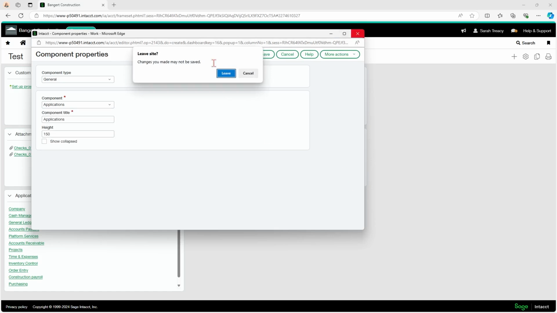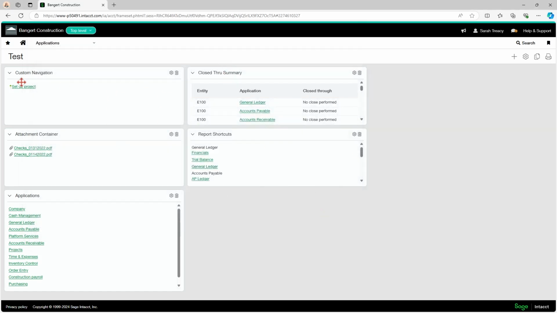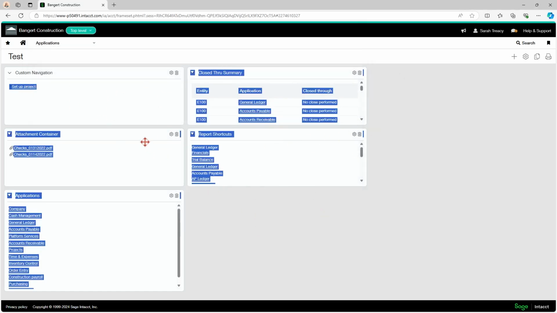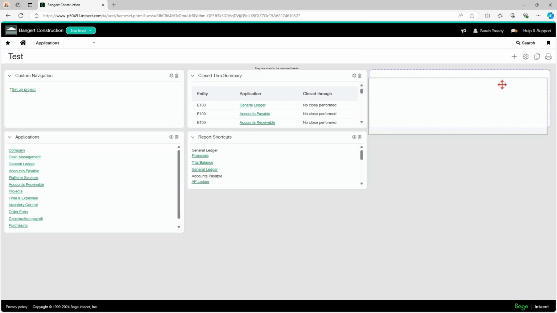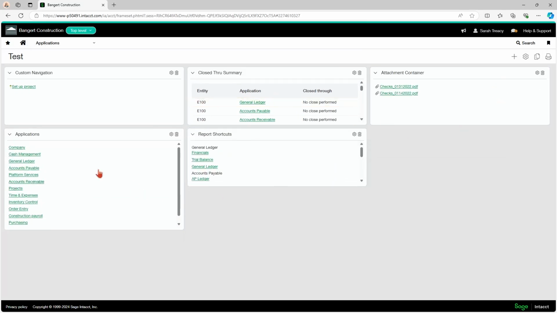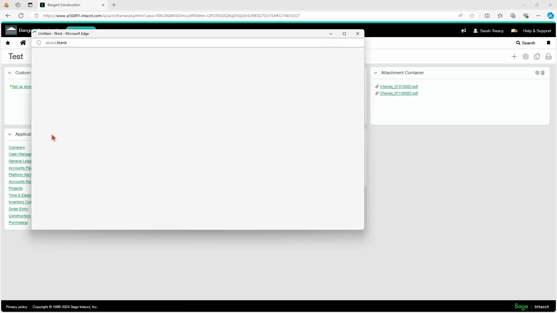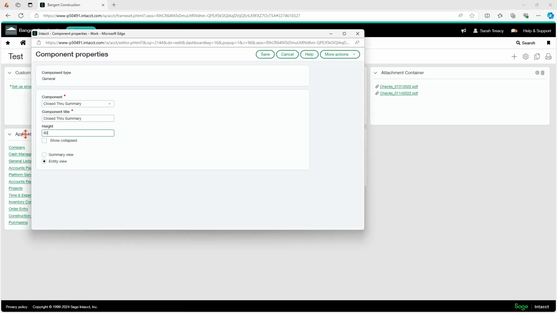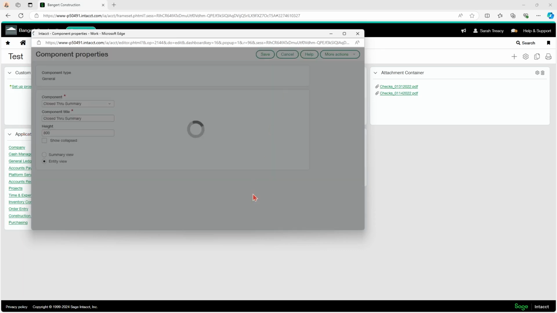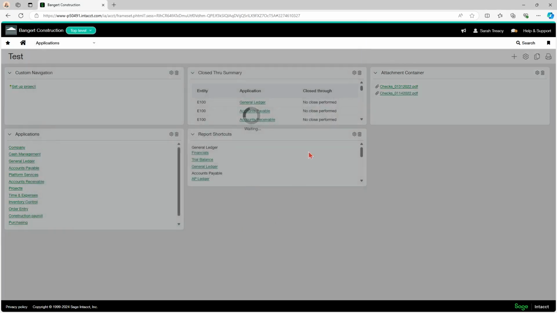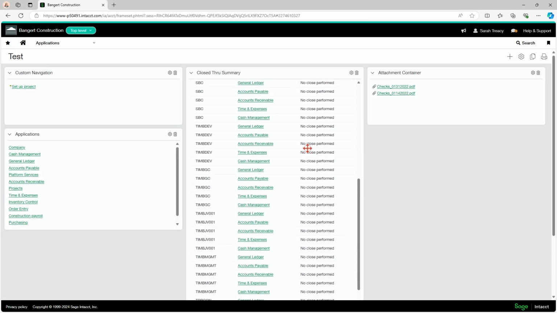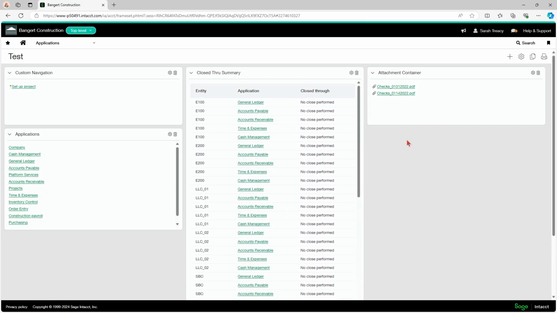And then because I have 3 different columns, I can move these around into the 3 different columns, and you can change the sizing as well of, like, let's say for this one, if I go into it, I'm going to make it 800 and save, and it's going to appear bigger then for me, and it's going to show me all of my entities.